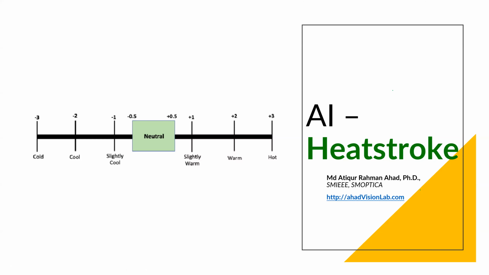Hi. So in AI, we can discuss heat stroke. In England, for example, last year and this year, and in many parts of Europe, and in Japan, for several years the temperature during the summer has been very high. What happens is that many people die because of heat stroke or related problems.